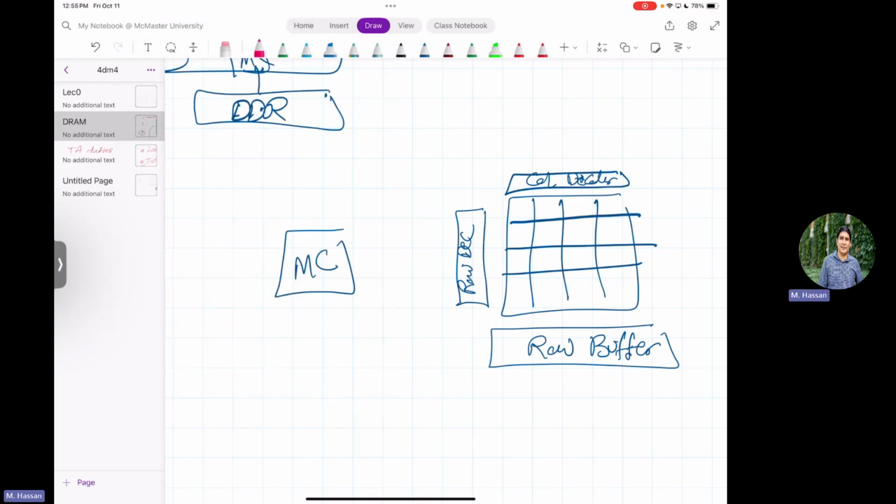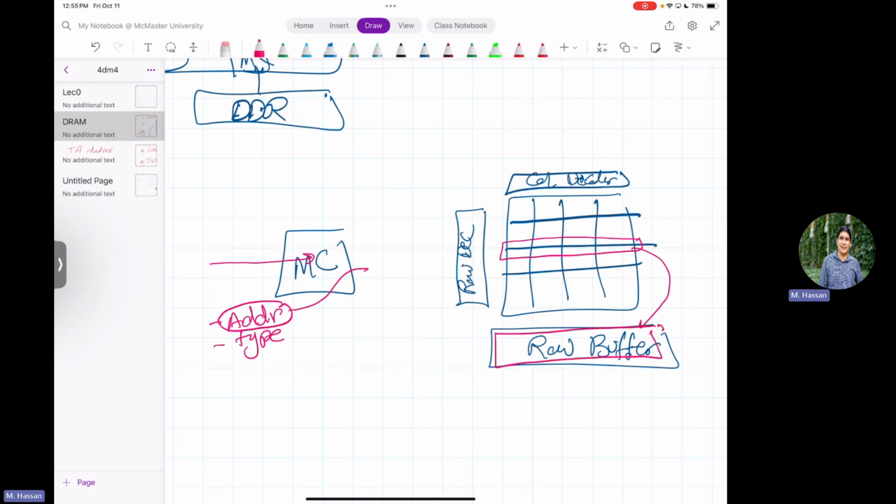And the idea is, I get a request from the last level cache. It's a cache miss. This request is an address and a type, right? It's a load or store, simply read or write, and the address that I want to access. You take this address, and you have to extract. In the DRAM, you have to send the address in two stages. First of all, you need to determine what your row is. You fetch this row into this row buffer as a whole,